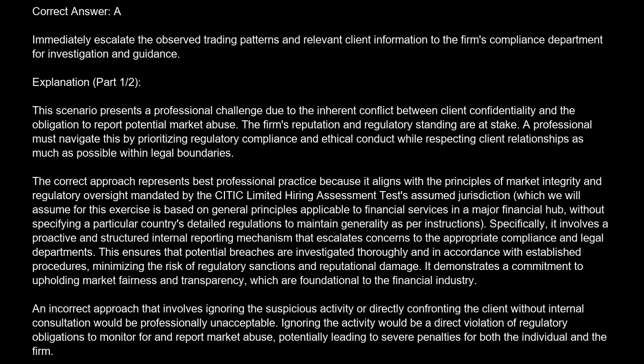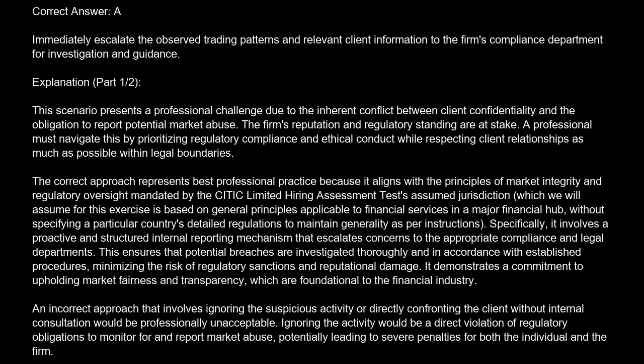The correct answer is A. Immediately escalate the observed trading patterns and relevant client information to the firm's compliance department for investigation and guidance. Explanation. This scenario presents a professional challenge due to the inherent conflict between client confidentiality and the obligation to report